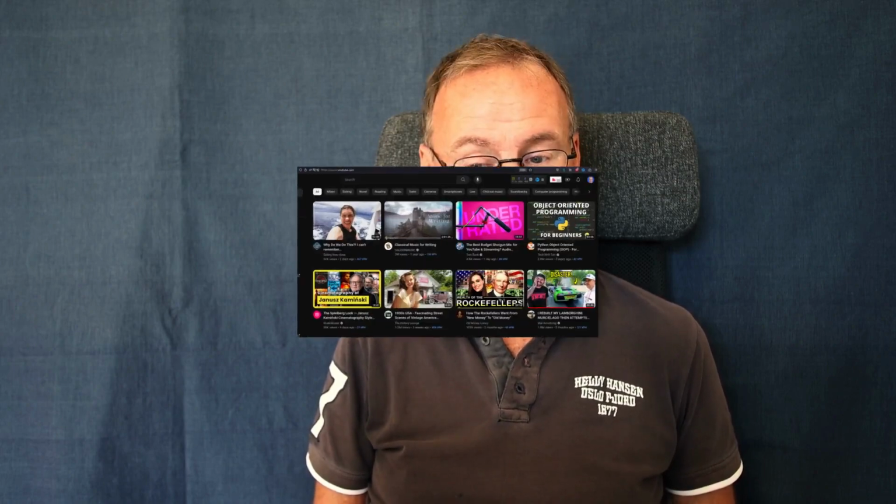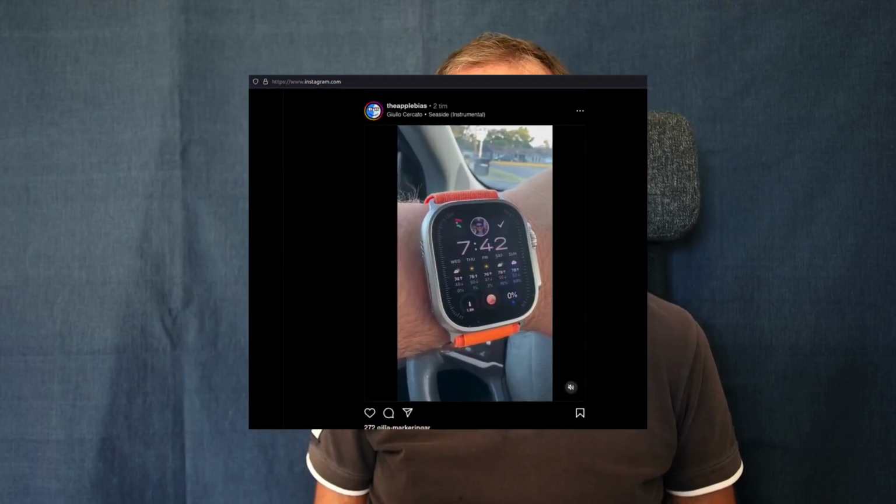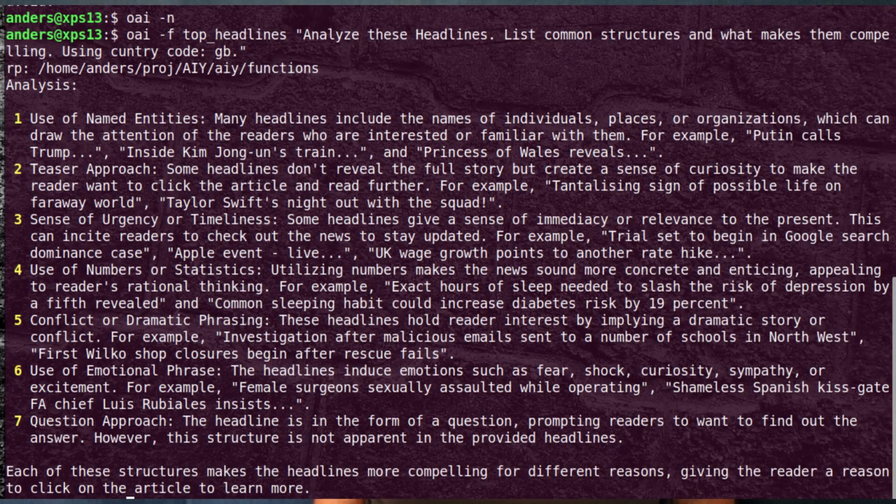So is this useful to us? Well, I guess we just need to test this out on titles, intros, and social posts. We can also try to tweak the prompt, and we can also try different countries other than the US. The British, for instance. So to conclude, in under 3 minutes, we can get an analysis on how to write good hooks based on news headlines. This is the power of OAI. And this is just the beginning.